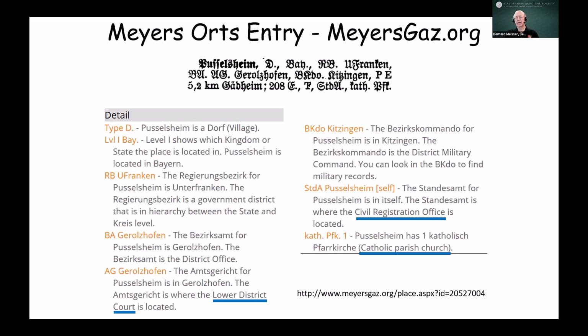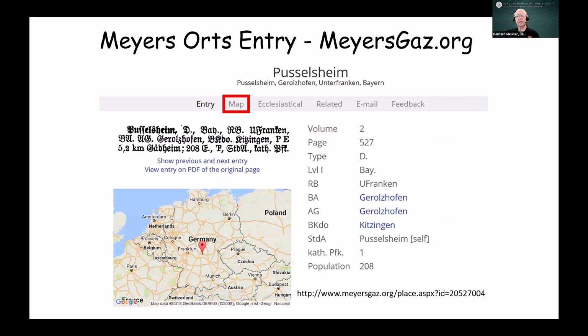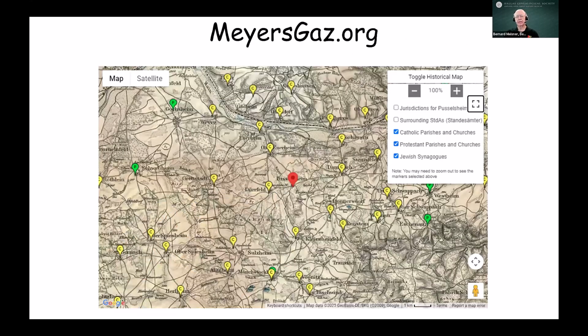And it tells us that Pusselsheim has one Catholic church. There is no evangelical church in the village itself. That older part of Bavaria was primarily Catholic, although the Franconias and Swabia had quite a number more of the Protestants as well. And you go again onto the site and choose the map choice, and there it comes up,